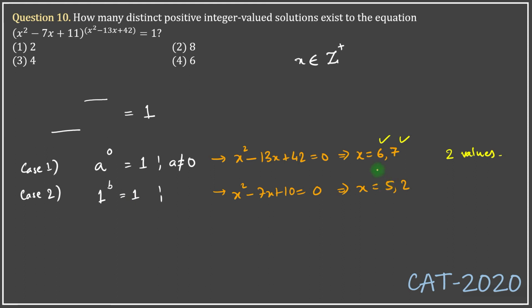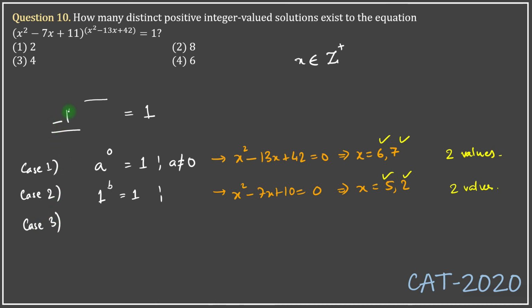So are 5 and 2 positive integers? Yes. So again in the second case I get 2 values. You may think at this point that 4 values should be the answer, but then there's also one more case,